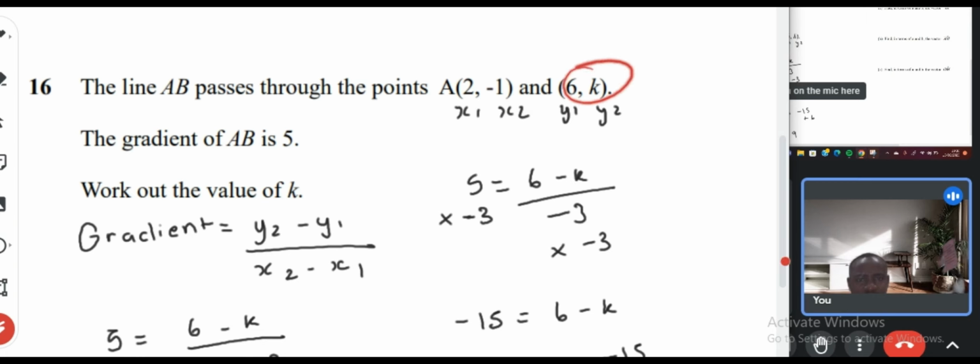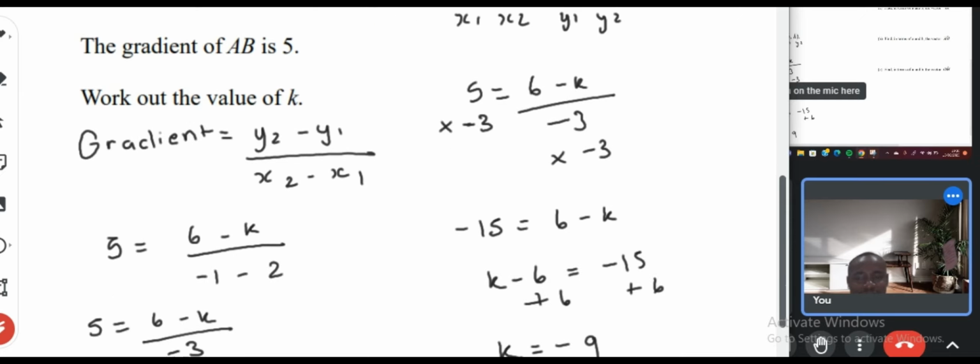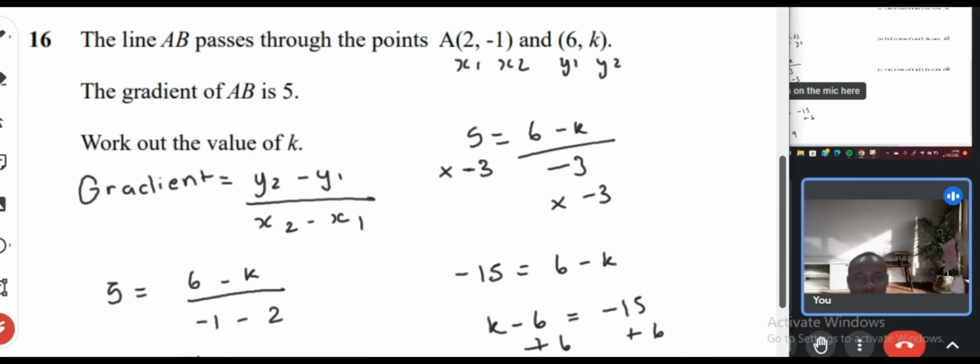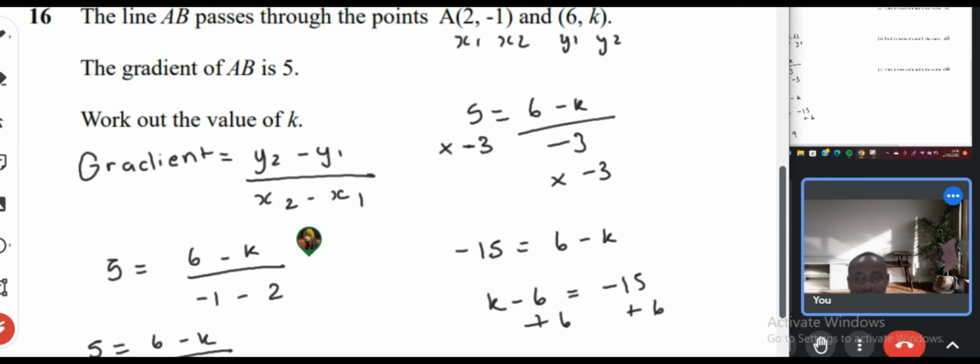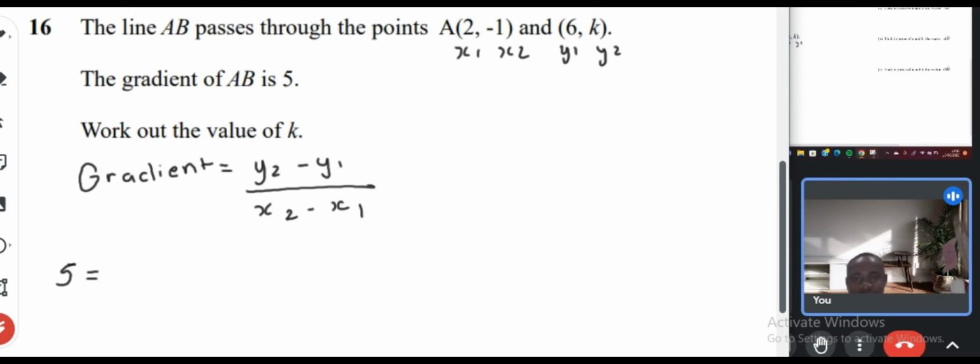Why did you say 6 minus K? Gradient is changing Y. Oh, see how a simple mistake like this can cost so much. Do it again. Yeah, please be careful. I'm going to erase all of this. It's a beautiful, fantastic work you've done. Sorry, you don't have a choice. You have to erase all. So gradient 5 is equal to